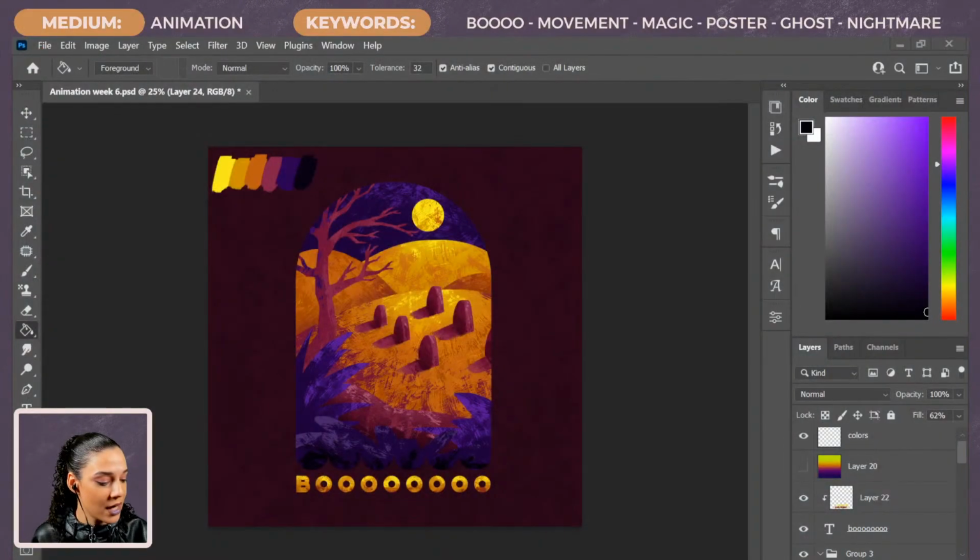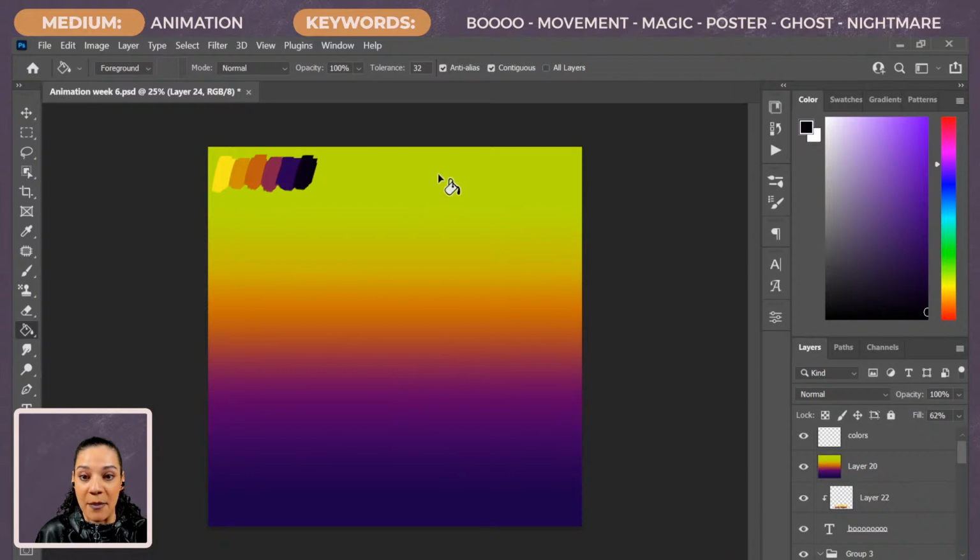Sometimes I will find another image that has really great colors. I will bring it into Photoshop and throw a Gaussian blur on it so that I can sample the colors from that blurred image and find something that works well. But what I did today was I experimented beforehand with creating a gradient. I made this gradient in my gradients in Photoshop, and then I sampled from it because I liked how all these colors work together, especially right here, and I made my own color palette like that.